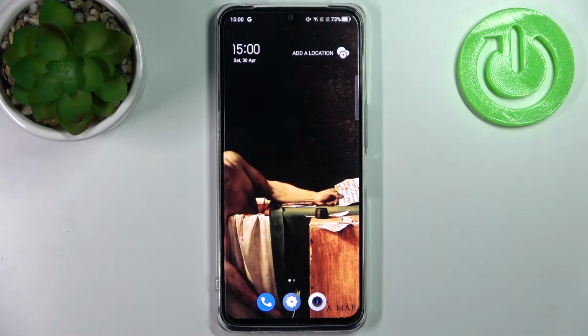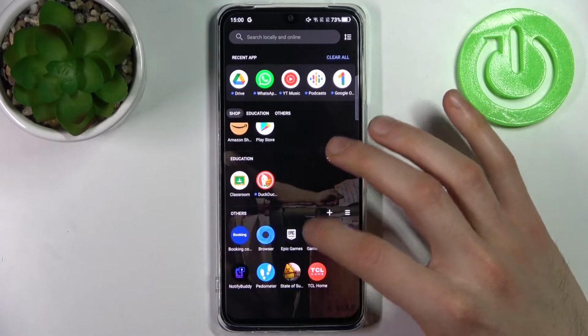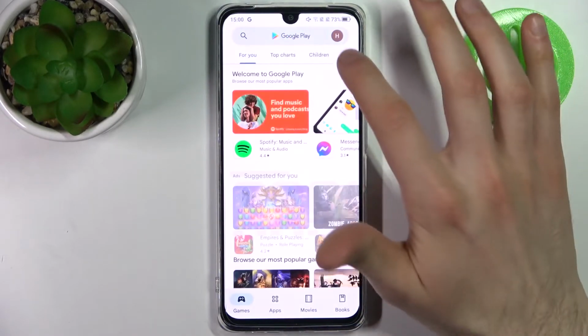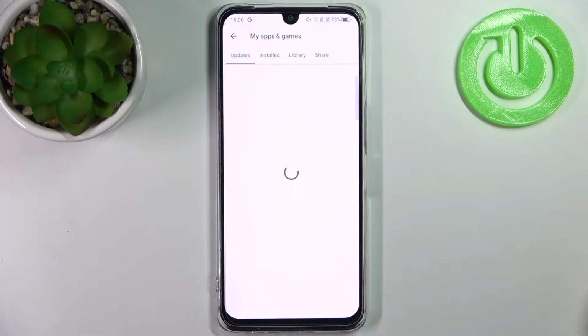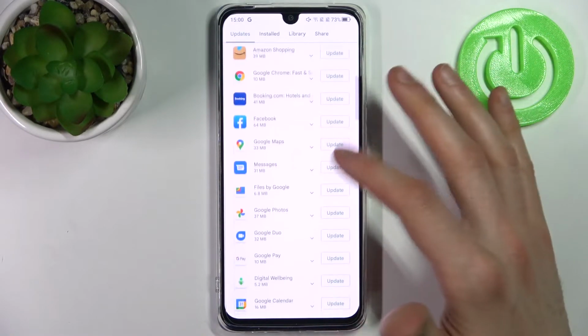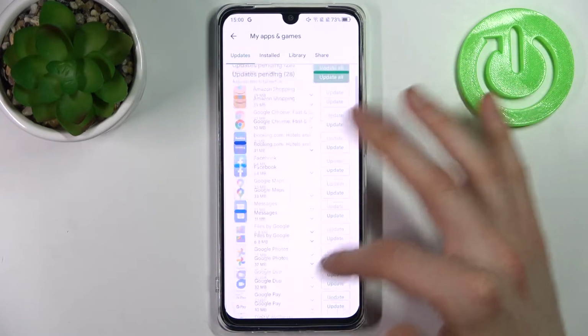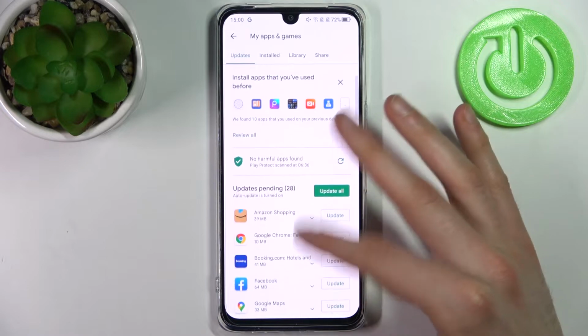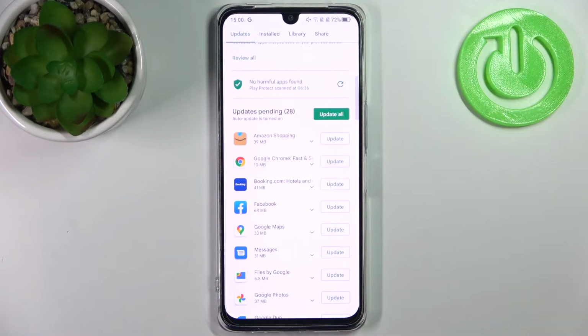Here I have TCL 30, and today I'm going to show you how to update apps on this device. So firstly you have to go to the Play Store, then tap here, go to My Apps and Games, and here you can see updates pending. You have all these unupdated apps. You can update them one by one by tapping the update button next to them, or you can just tap update all and update all these